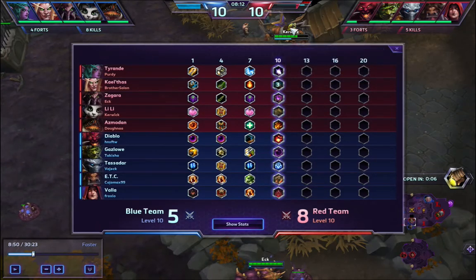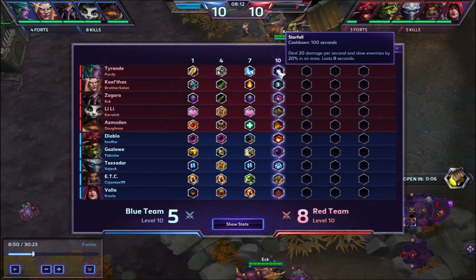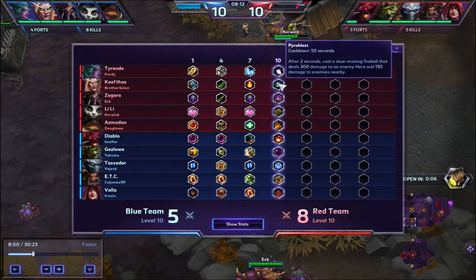So for the ultimate abilities, Tyrande took Starfall, 100-second cooldown, deals 20 damage per second, and slows enemies by 20% in an area. This effect lasts for 8 seconds. Kael'thas took Pyroblast, cooldown of only 50 seconds. After 2 seconds, cast a slow-moving fireball that deals 300 damage to an enemy hero and 150 damage to nearby